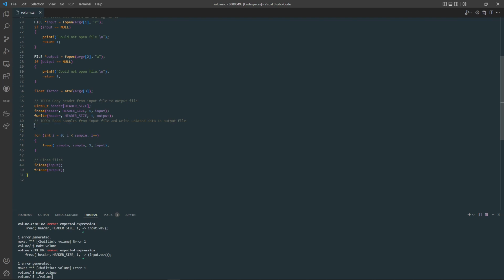Actually, I think I can get rid of this. I don't even need that. And this, I had it right the first time. I is greater than the header size, because we don't want to read the header. We've already done that. So now we do want to initialize long. We'll just call this sample. Long sample is equal to